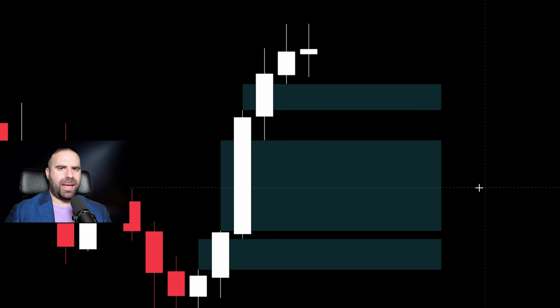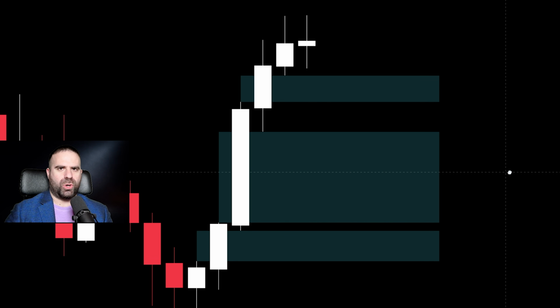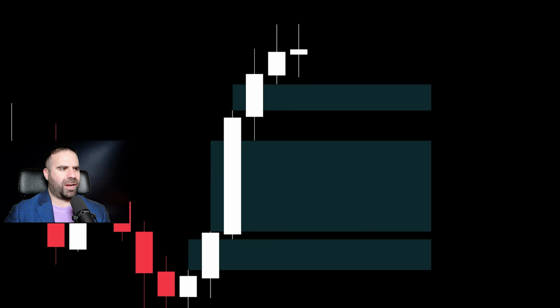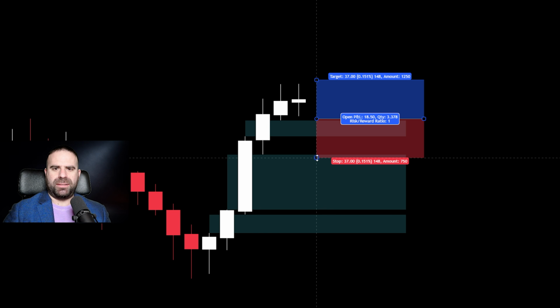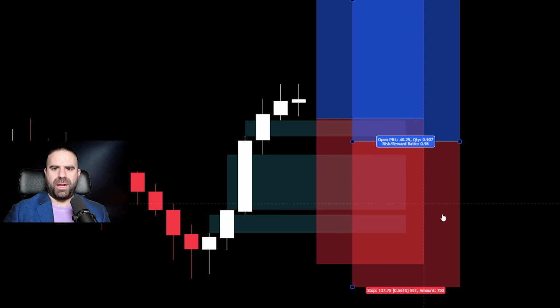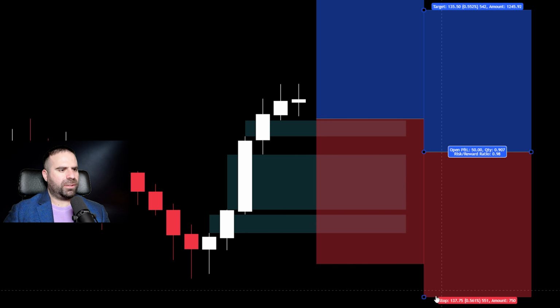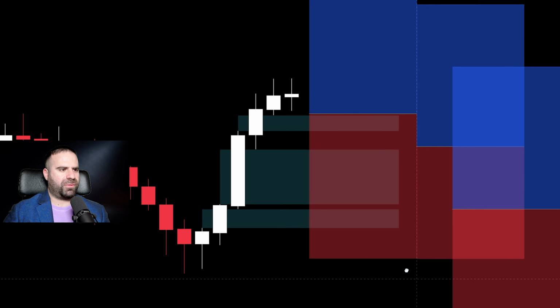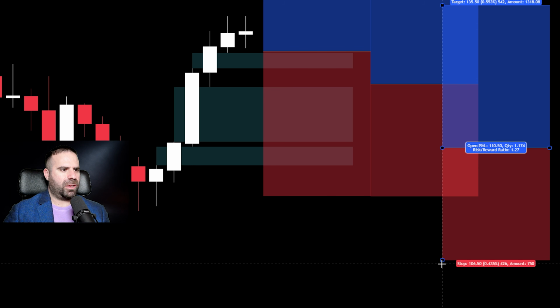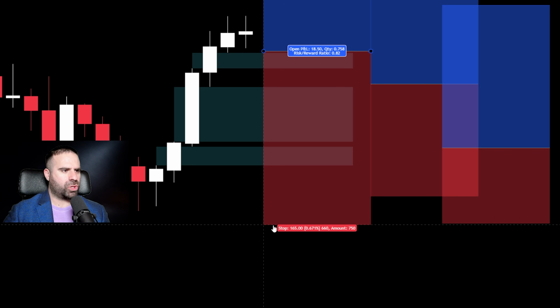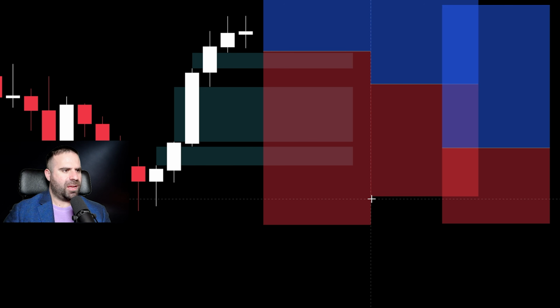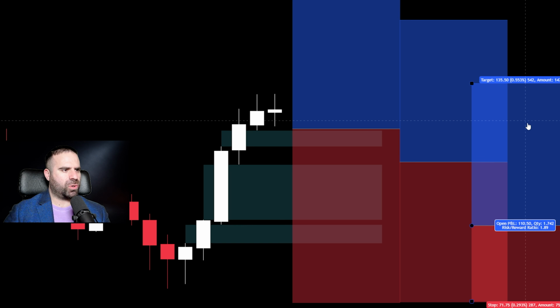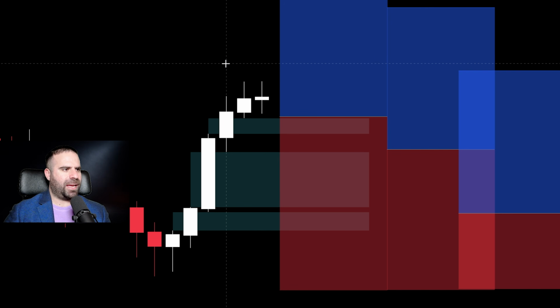Now, where the heck are you placing your pending order, or where are you looking for your confirmations? I'm going to show you how to do it with a pending order. By the way, you don't need to look for any confirmations. So am I placing my trade right here with a stop loss where? All the way down there. Am I placing it in the second fair value gap exactly right here? Or am I placing it on the third fair value gap over there? Okay, with the stop loss right here or even below the lows. What am I doing here, guys? What are you gonna be doing? This is the reason why you're not optimizing your trading and you keep losing.